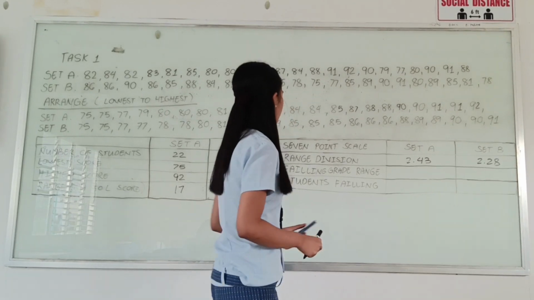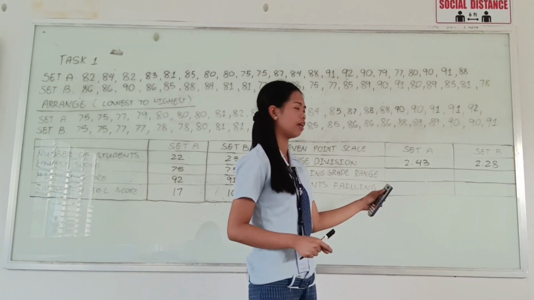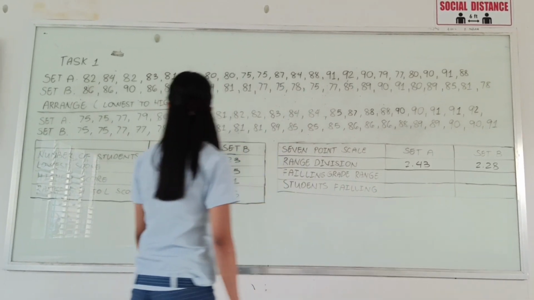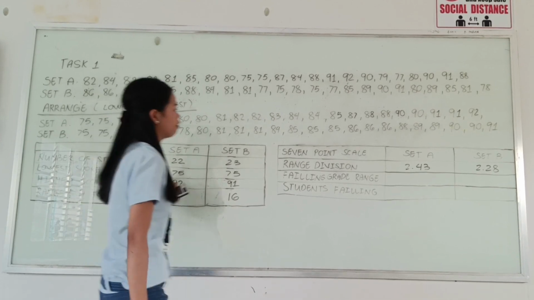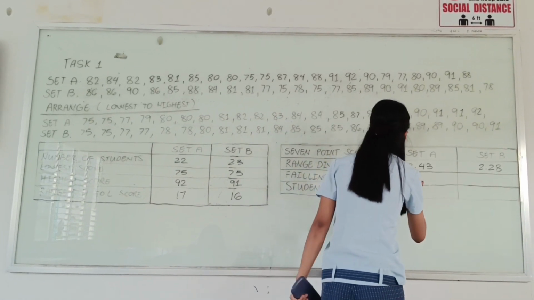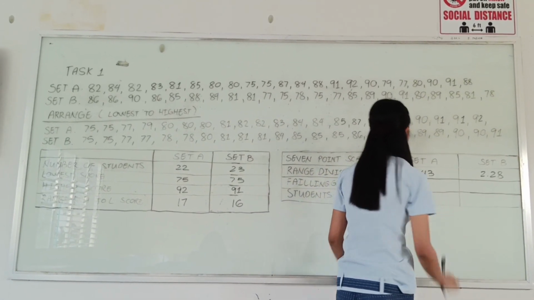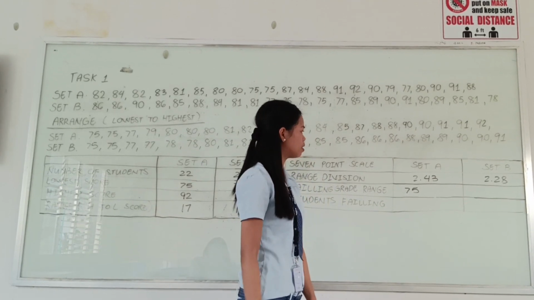Now we're going to calculate the failing grade range. In set A, since 75 is our failing grade, we're going to put 75, then we're going to add it to the